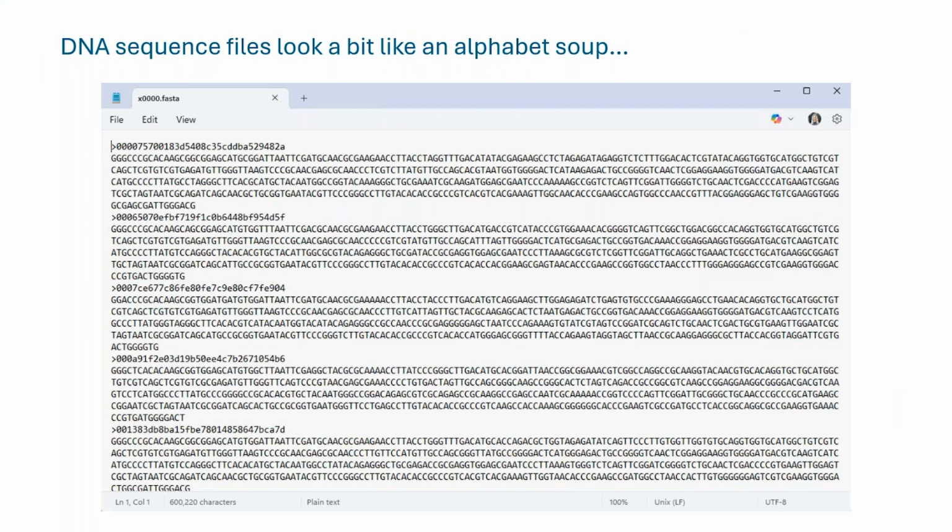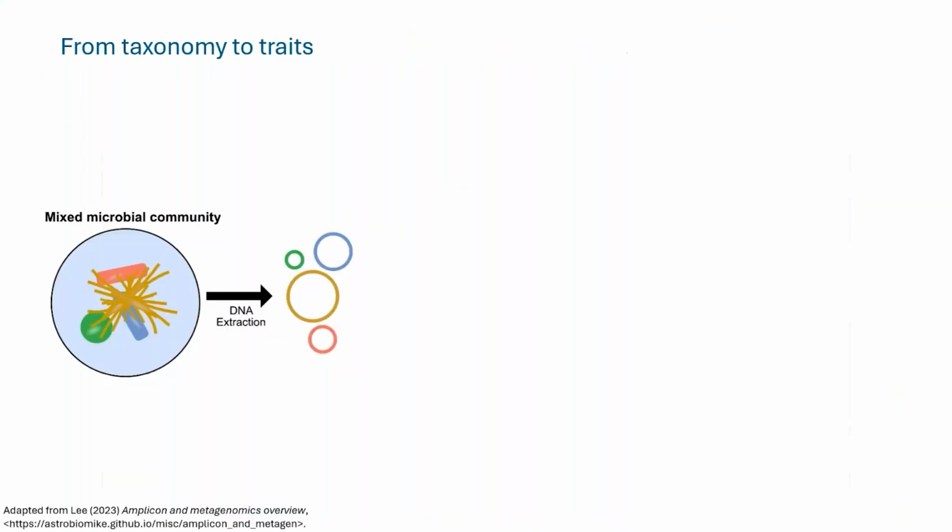An important caveat to using DNA sequencing for routine soil health monitoring is that translating this data into human readable form requires technical expertise. And even then, simply knowing the names and identities of microbes may not clearly inform management decisions, which highlights the value of other biological indicators. So the focus is shifting from taxonomy to traits. That is, from just identifying who's there to an understanding of what functions those microbes can perform.